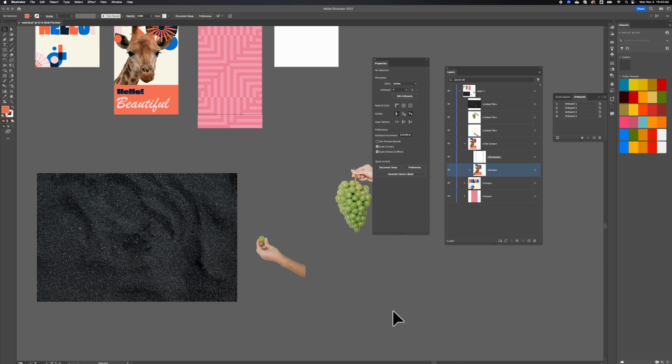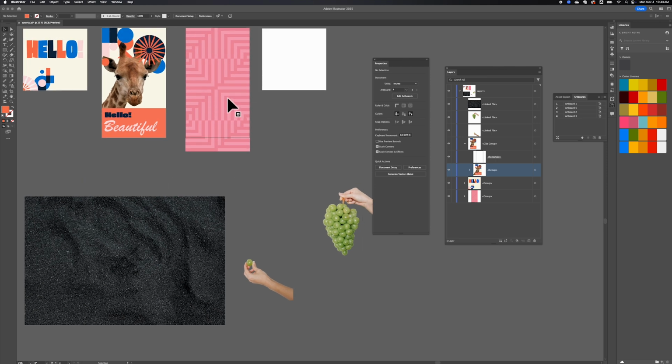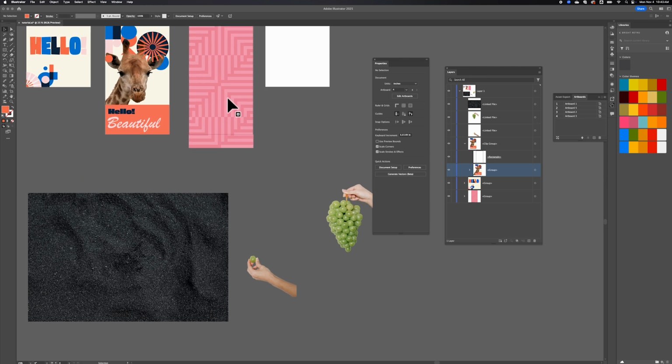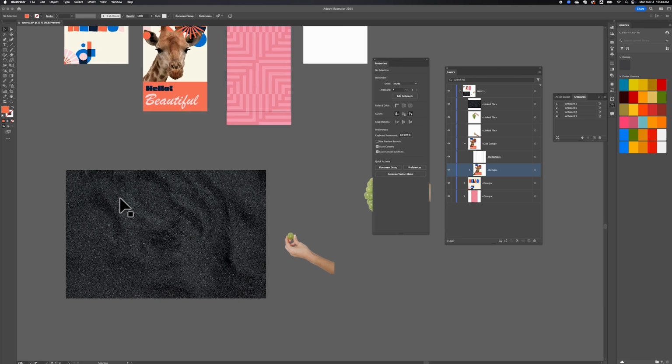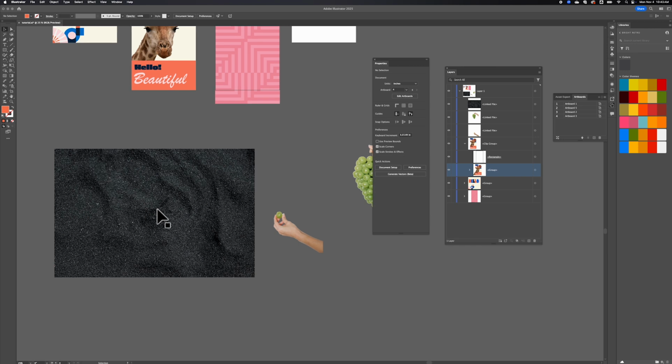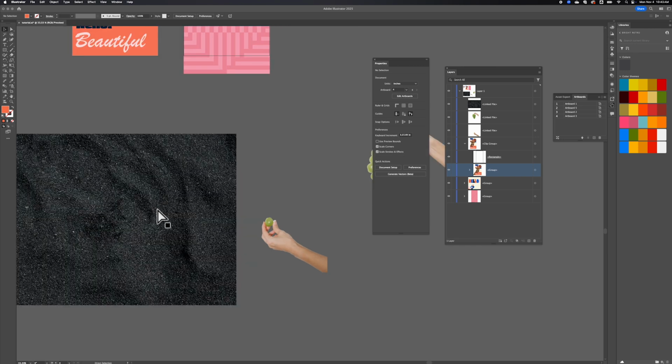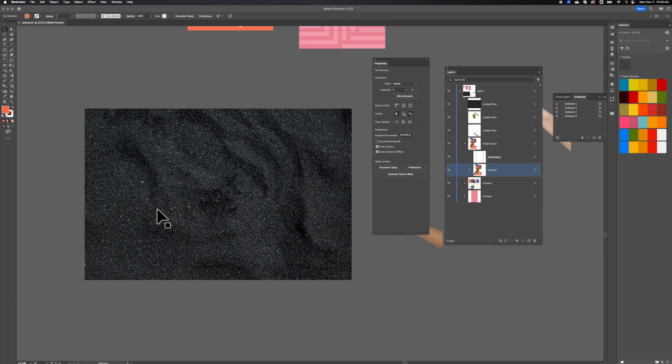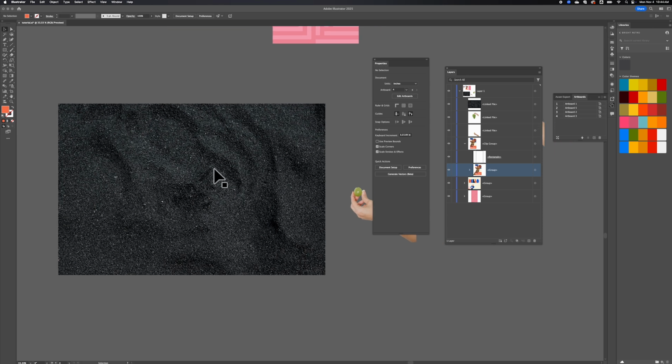So what I want to do is I want to create a mask for this particular image, and I want to use it here on my artboard. And so we're going to go ahead and create a mask for this particular image. And it's really useful to know how to cut out images in Illustrator and use those in different ways. So what we're going to do is